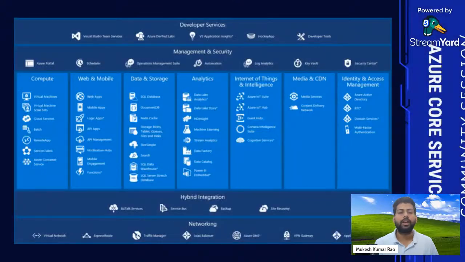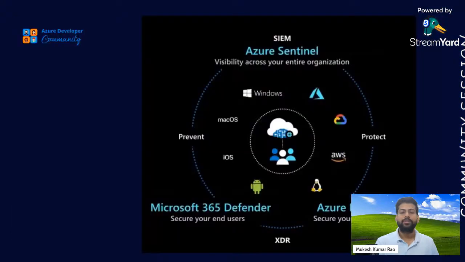Even if you see this diagram, the main area about security services that we discussed last time was only the firewall part on the compute service, and how we can block or integrate. That is one thing. But today we will go more in depth on each Azure security service. This is divided into a 360 model, and it works on the zero trust architecture. Microsoft enables you to get a zero trust solution for each service, end to end connected on the cloud as well as the on-premise servers.